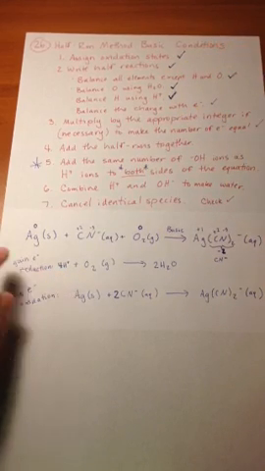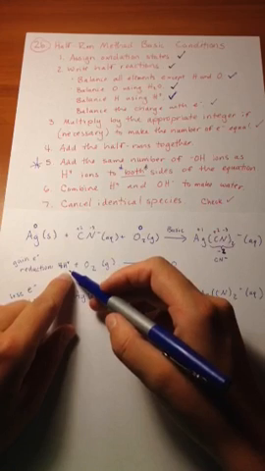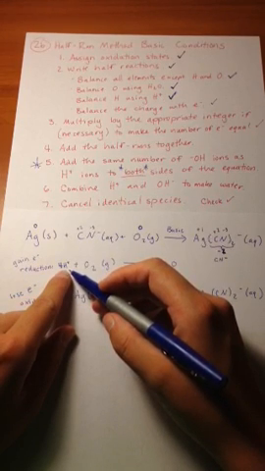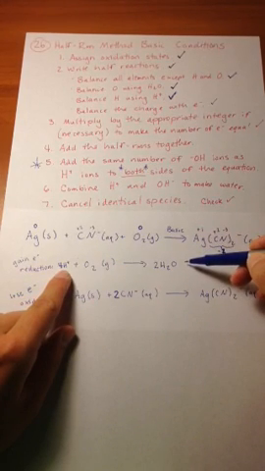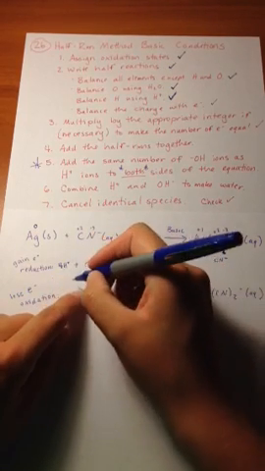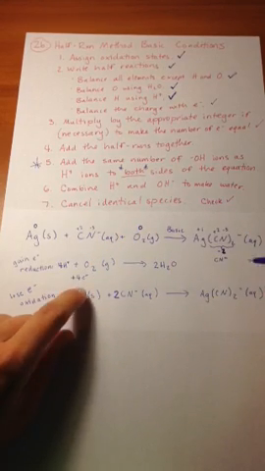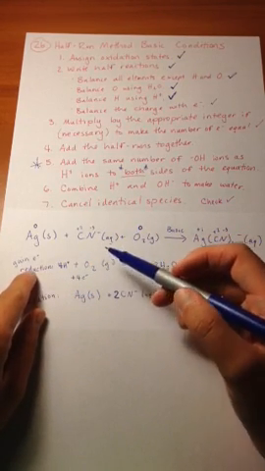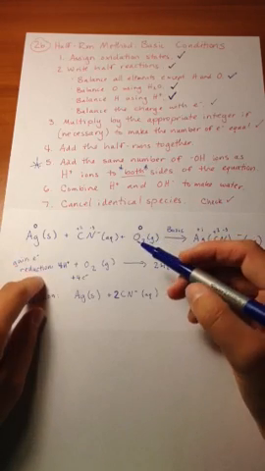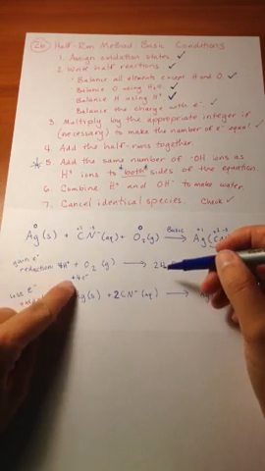Check. Now we should balance our charge with our electrons. So here on this side we have a charge of +4, and this side is neutrally charged. So in order to cancel out that +4 charge, we should add 4 negatively charged electrons to this side. And that makes sense because in our reduction reaction we're gaining electrons, so they should be